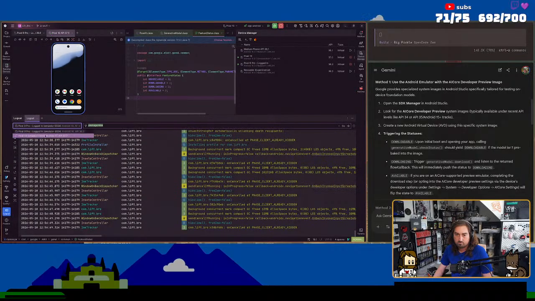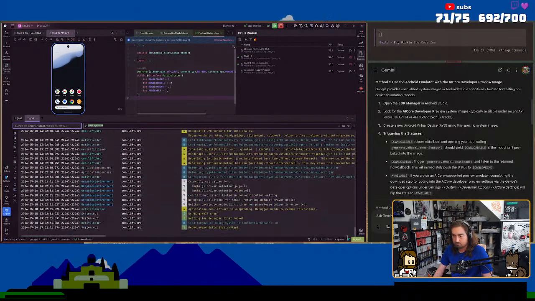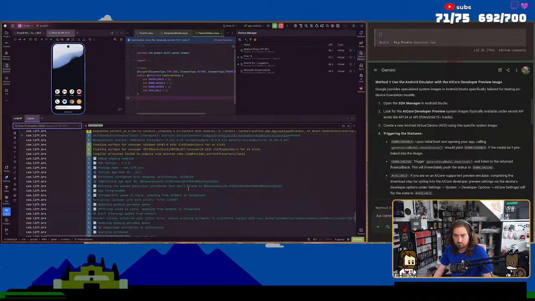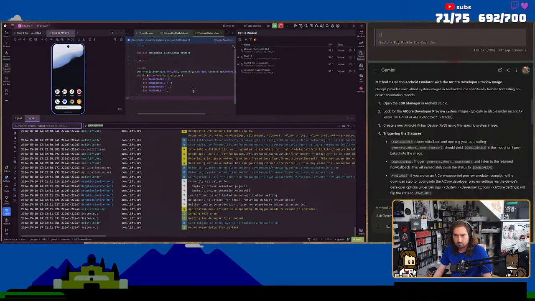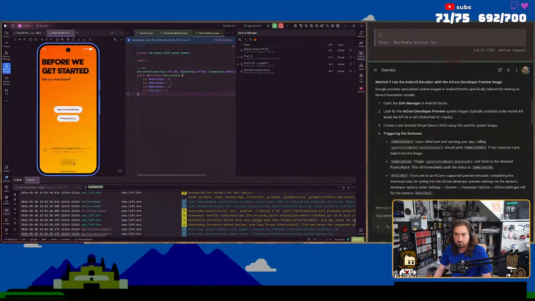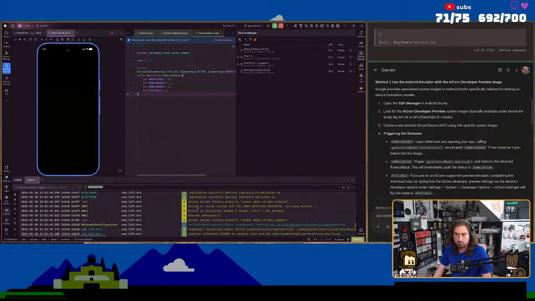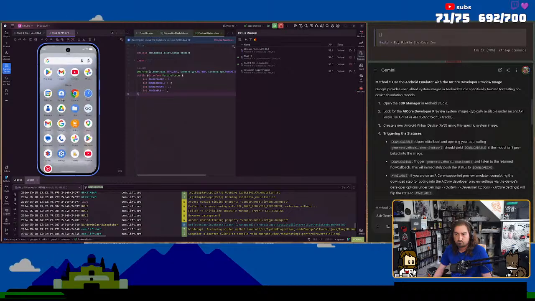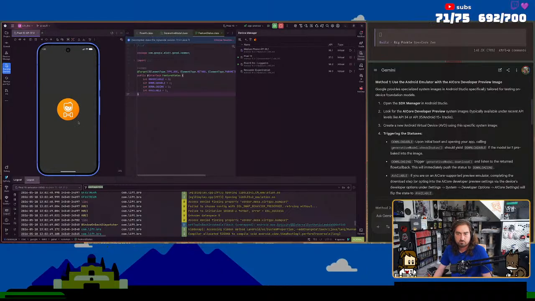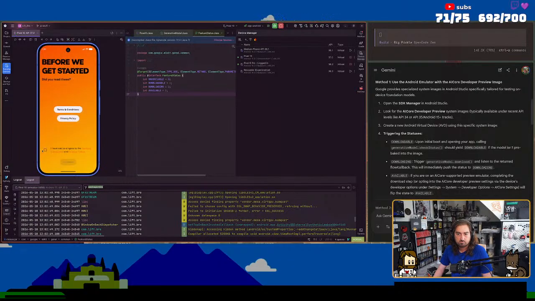What is happening? The entire emulator is just freaking out every 5 seconds. Was it because I was running 2 emulators?